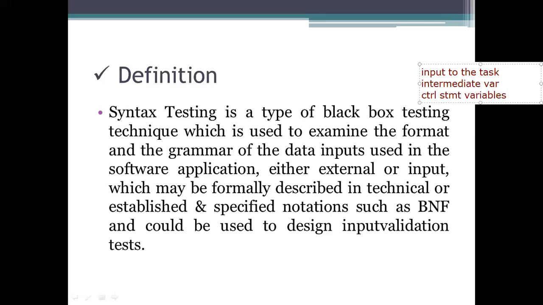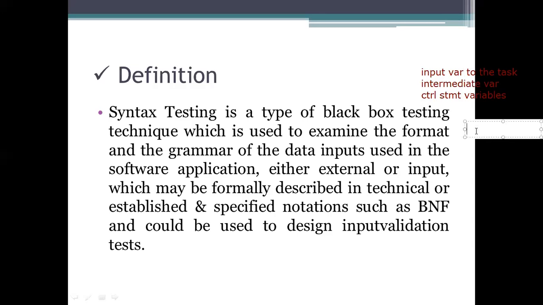Whatever the variable is, the input variables we are passing to the task, the intermediate variables we are using, and the control statement variables, each has a set of inputs.